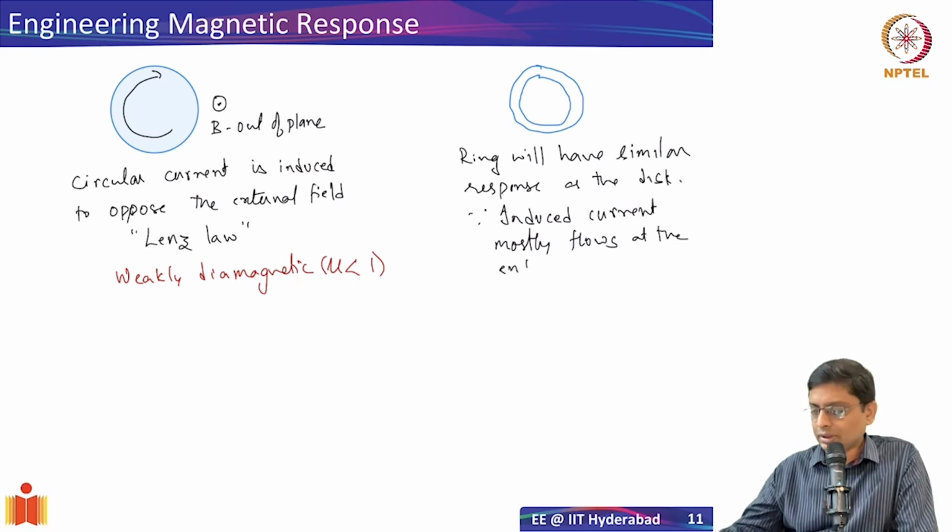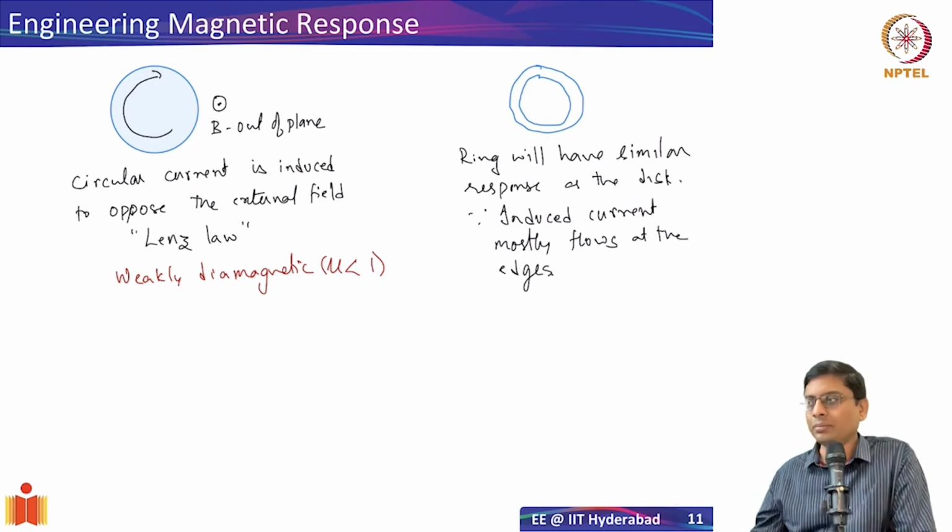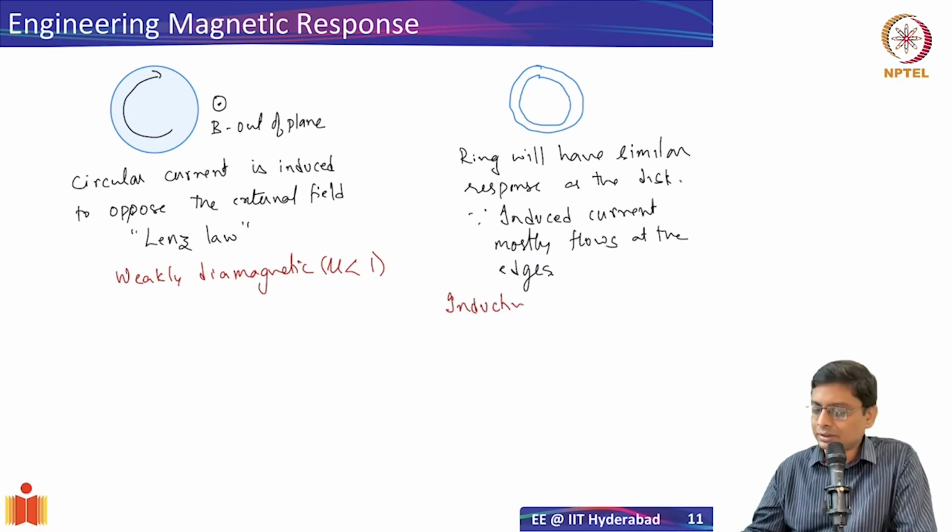So I can simply cut out the central region of it and I still will not miss much. Now this sort of ring structure will have a similar diamagnetic response, but we should also note that this is simply current flowing in a wire. So it has an inductive response. So this is basically going to have an inductive, and I'll also say non-resonant, response,